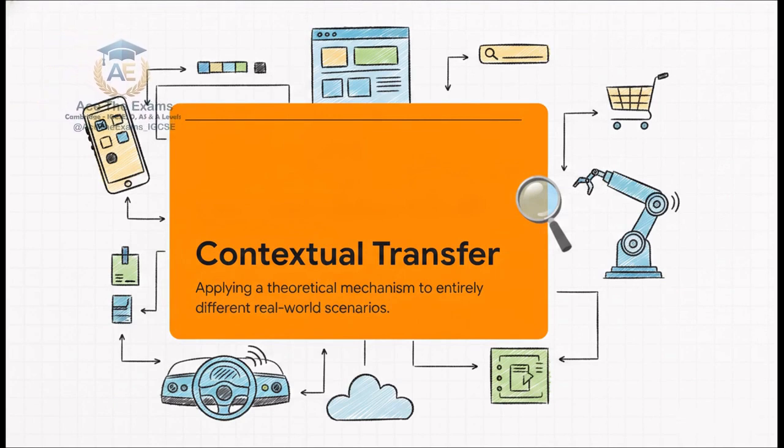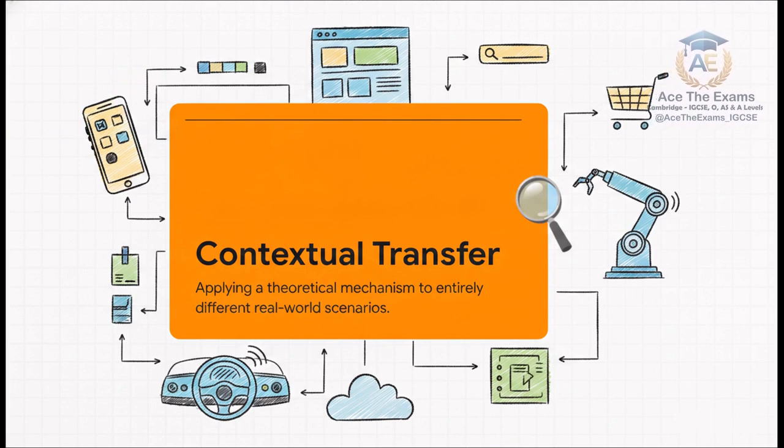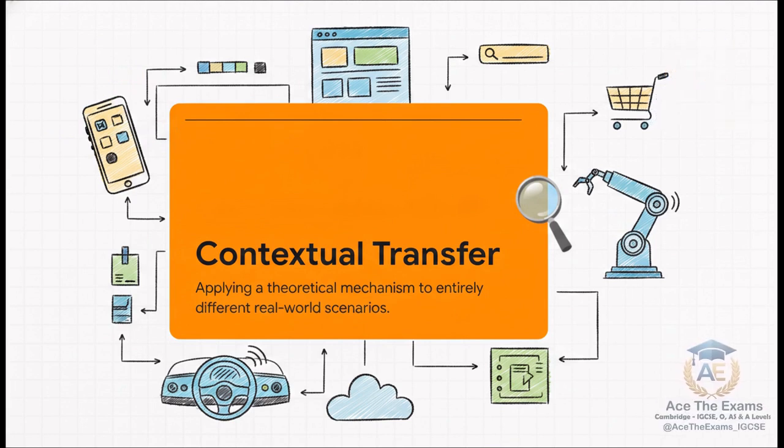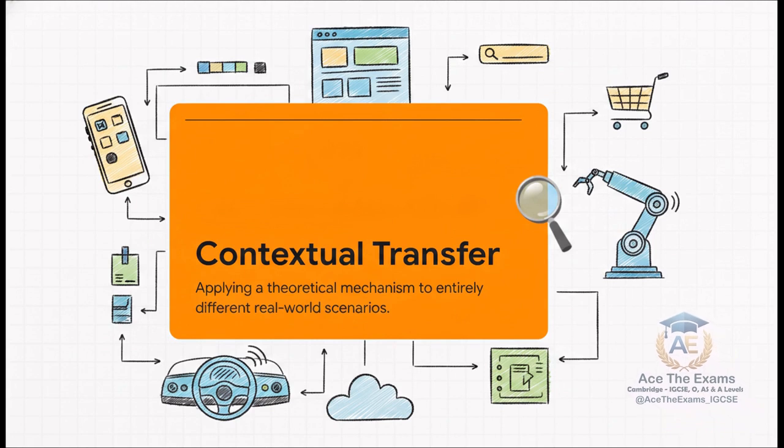Real-world transfer is everything. The exact same data transmission patterns you learn for a basic website are going to appear in smartphones, industrial control, robotics, and retail systems. Examiners are testing your transferability. If the exam suddenly makes the context an embedded system in a self-driving car communicating with a server, your answer has to stay inside that specific digital scenario. You take the exact same theoretical mechanism, like encrypted protocols, and you wrap it entirely in the vocabulary of a car's data management.